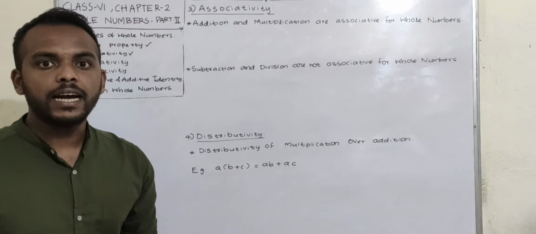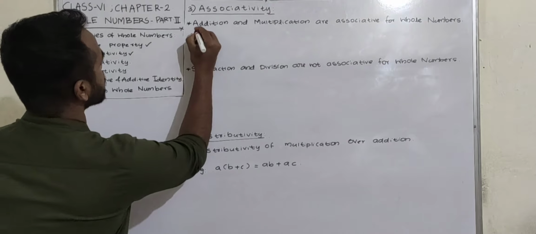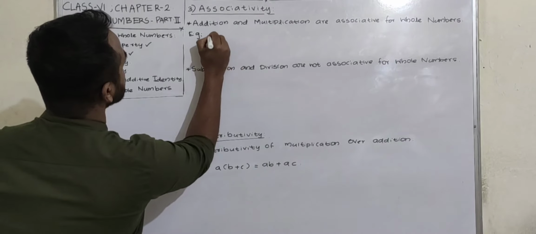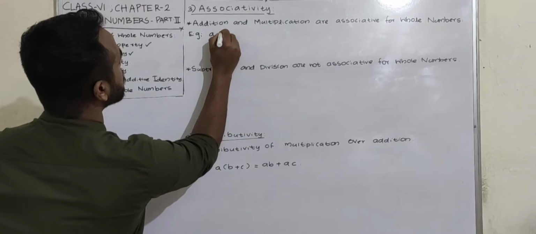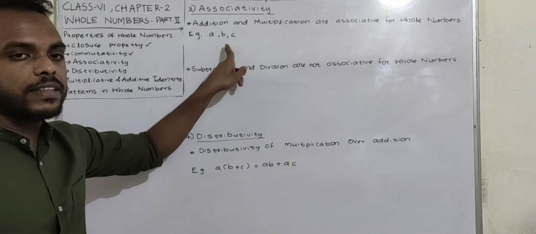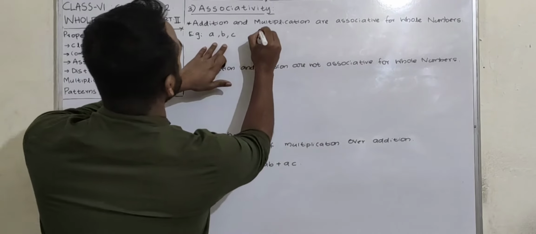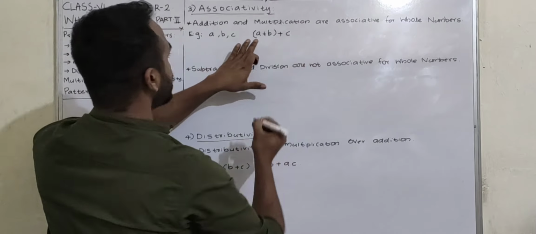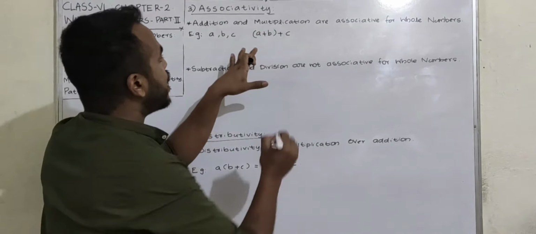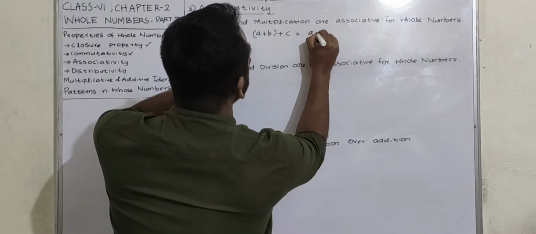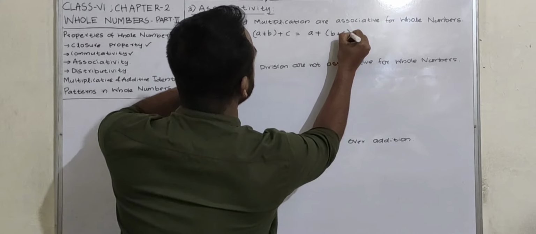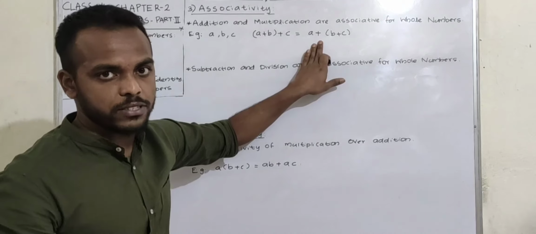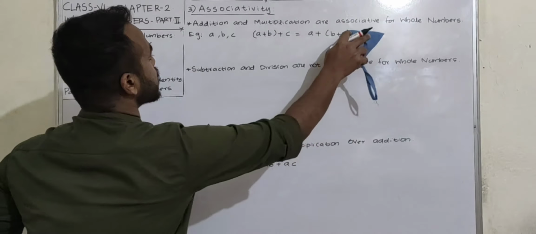To get a better idea, let's see some examples. Let's try with numbers. If we have three whole numbers A, B and C, and we add the first two numbers, A plus B, and then the third number, you will get a particular value. If that is the same as A plus B plus C, in this case the second and third terms should be done first. Let's now try with numbers.